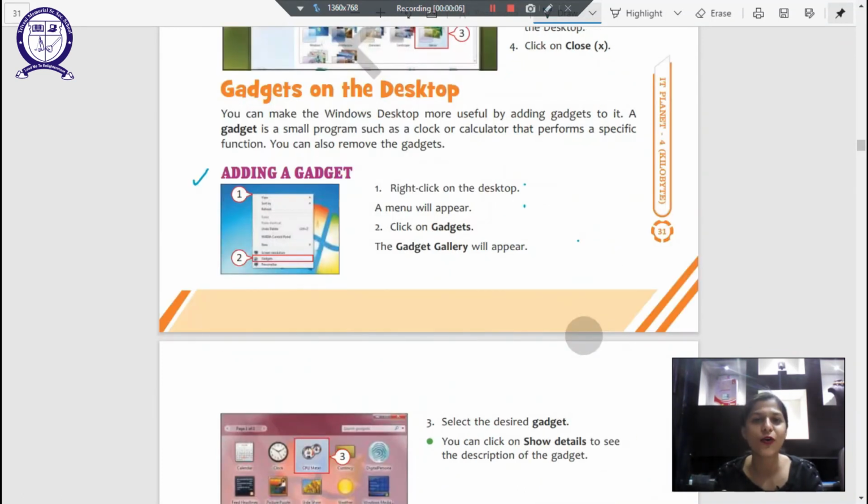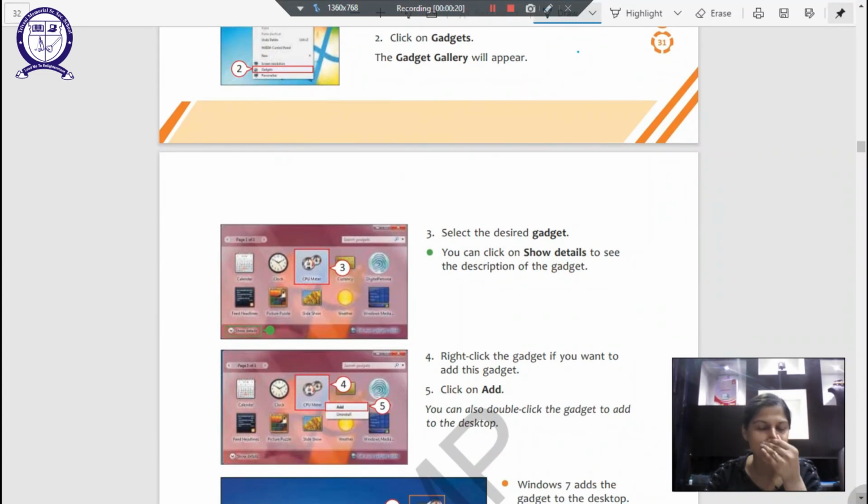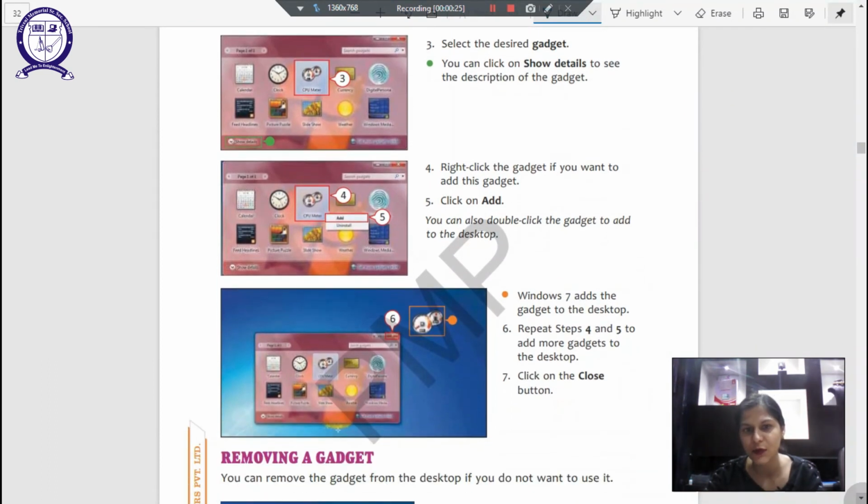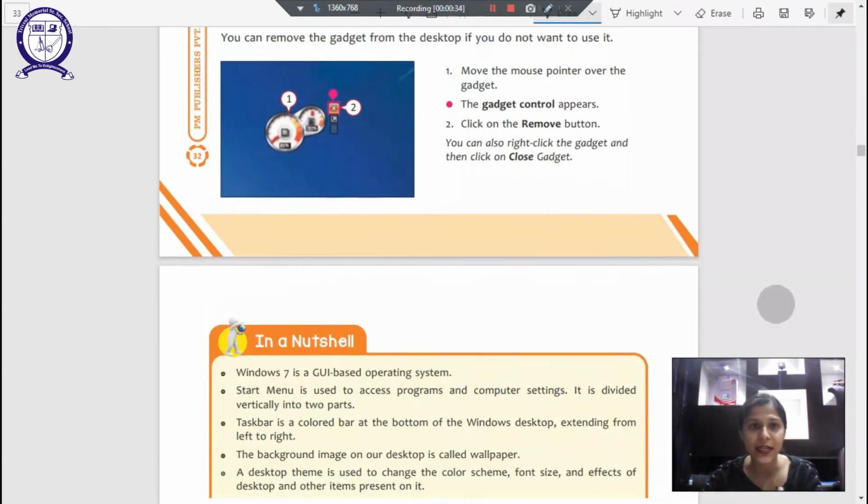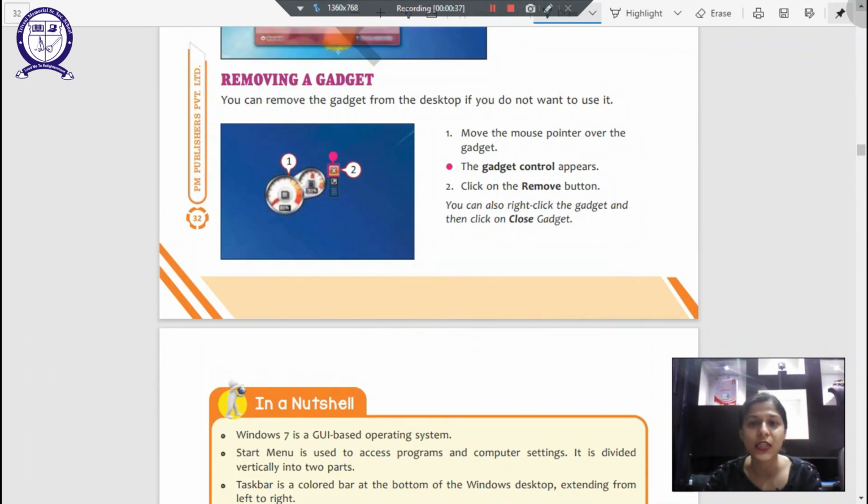Have you seen a widget on your Android phones, for example, a clock widget, a calculator widget? It simply adds a small application on your desktop, on your main screen, which you can use to perform specific functions with just a click, right? So there are some gadgets, which are typically widgets, that are provided to us in our Windows, which are something like this. So for example, calendar, clock, CPU meter, currency. All these features can be added to our desktop as a shortcut, and we can also simply remove them by clicking on them, and then we will be able to remove the gadget from these gadget control buttons, right?